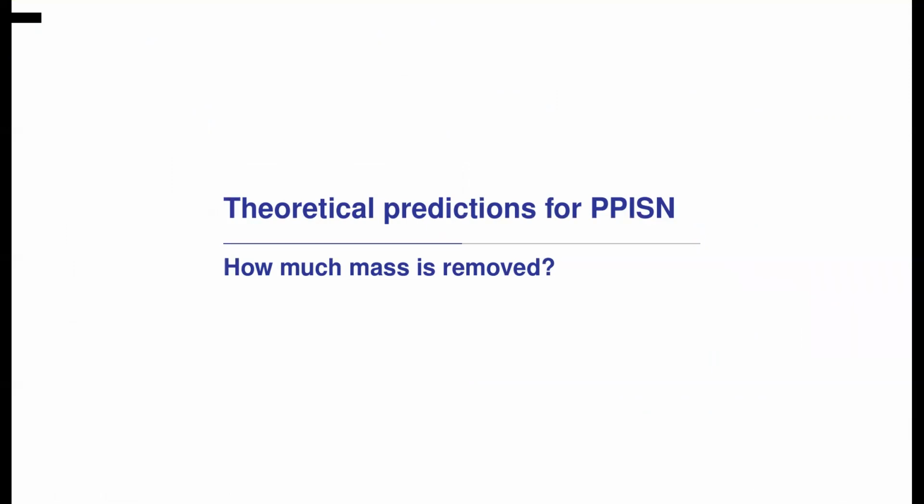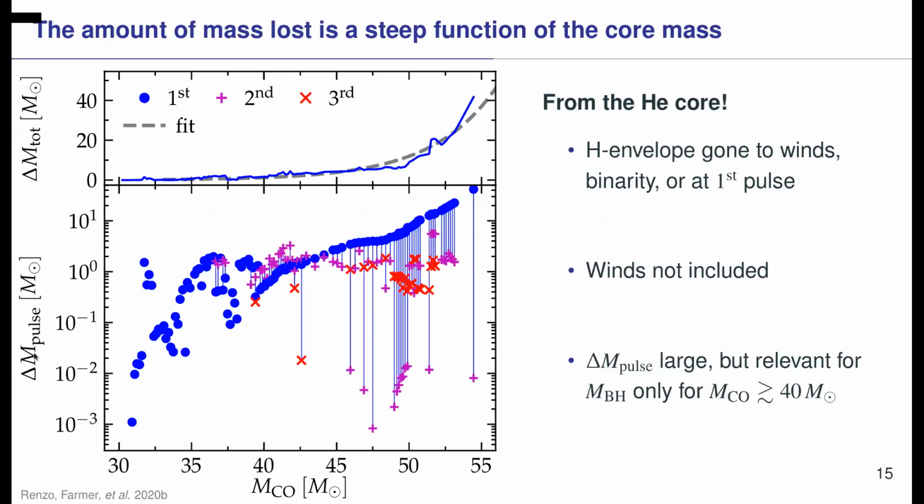And so again, here I have the mass lost per pulse as a function of the carbon-oxygen core mass. And again, there is a huge range from tiny mass loss of 10 to the minus 3 solar masses, which is definitely not relevant for gravitational waves because the error bars are way bigger, all the way to several tens